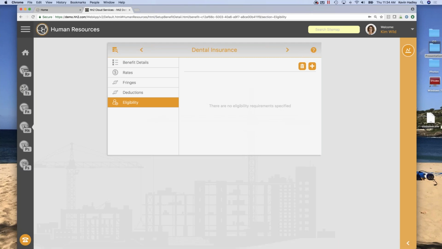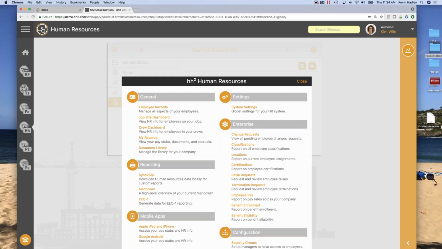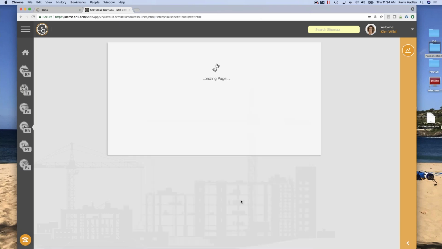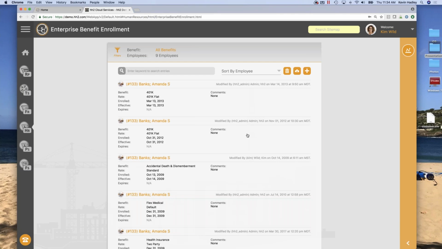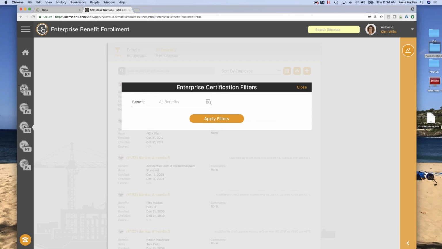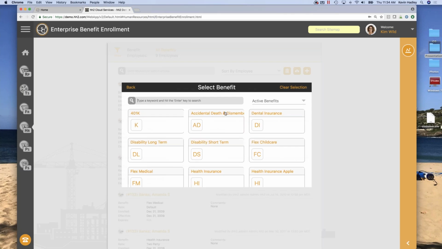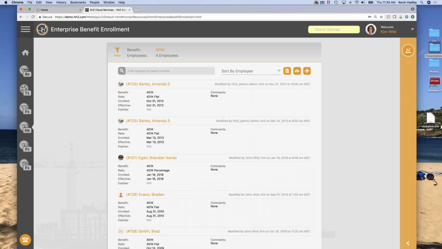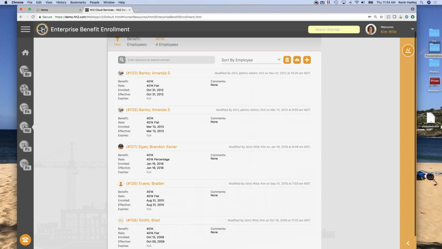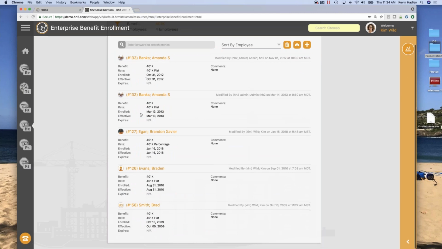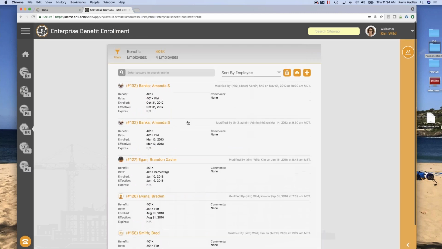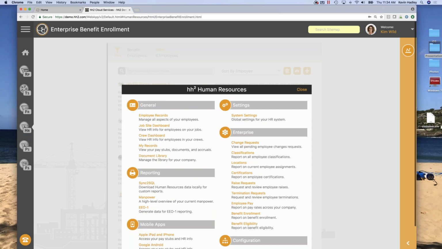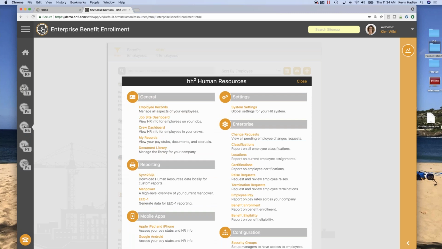So anyway, I can do that, and then I can also come over here to the benefit enrollment or the benefit eligibility, and I can sort this by benefit. So show me everybody that's available for or eligible for 401k, or that has 401k. This in particular is the benefit enrollment section.